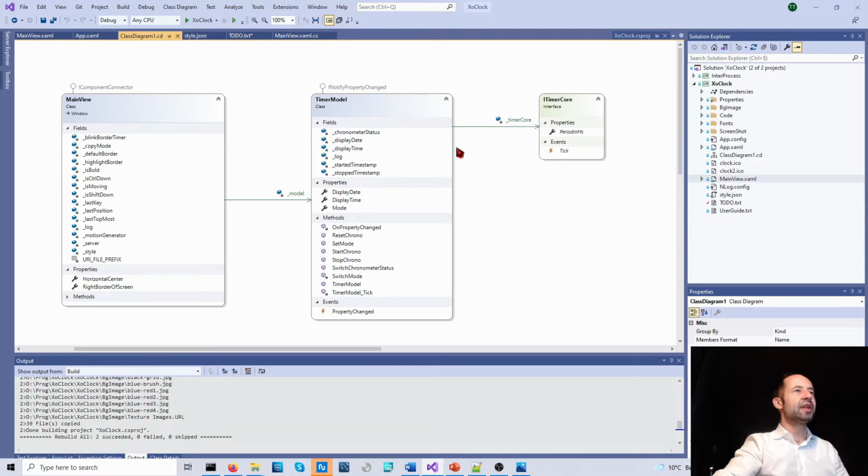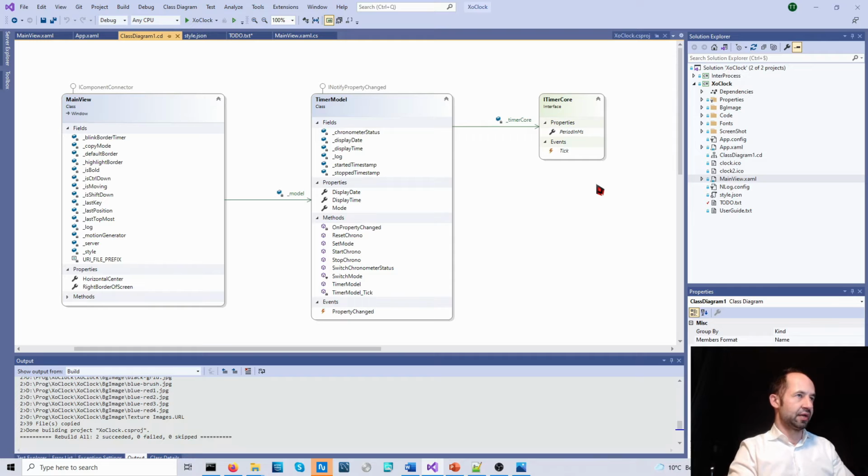This timer model class is implementing the eNotify property change interface. And this timer model class has a reference named timer core, which has a reference to a class which is implementing the eTimer core interface.